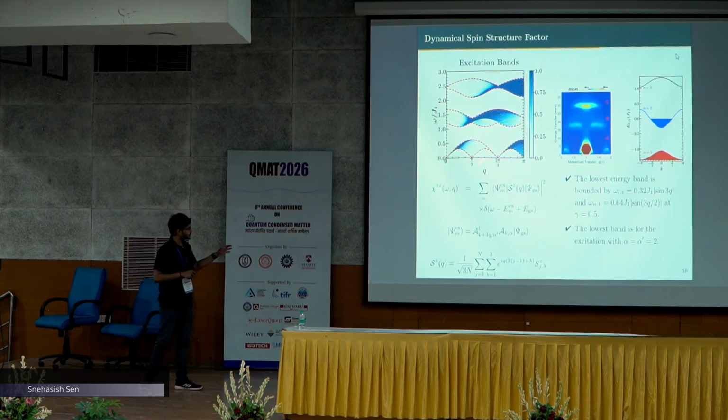Now, to understand how the bands are coming: this spinon band is the excitation within the middle band, going from here and sitting on the unoccupied state, and the middle band is from the bottom to the middle and middle to the top, and the upper band is basically from the bottom to the top.